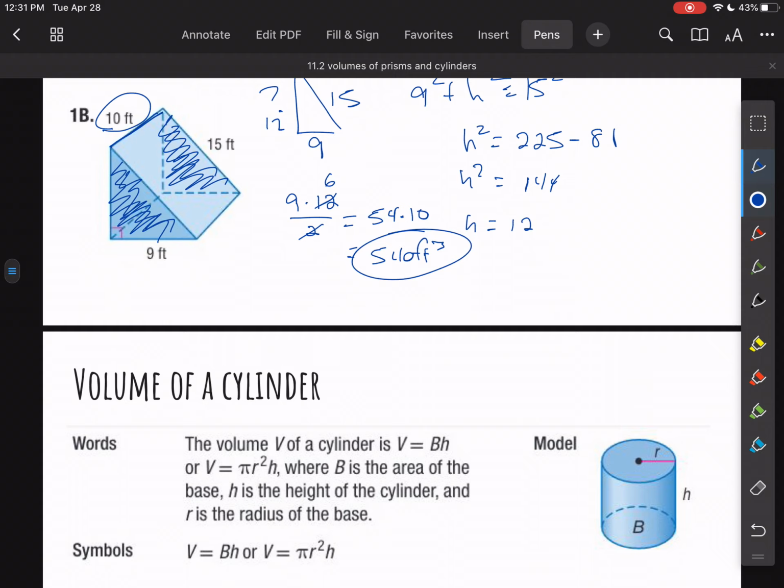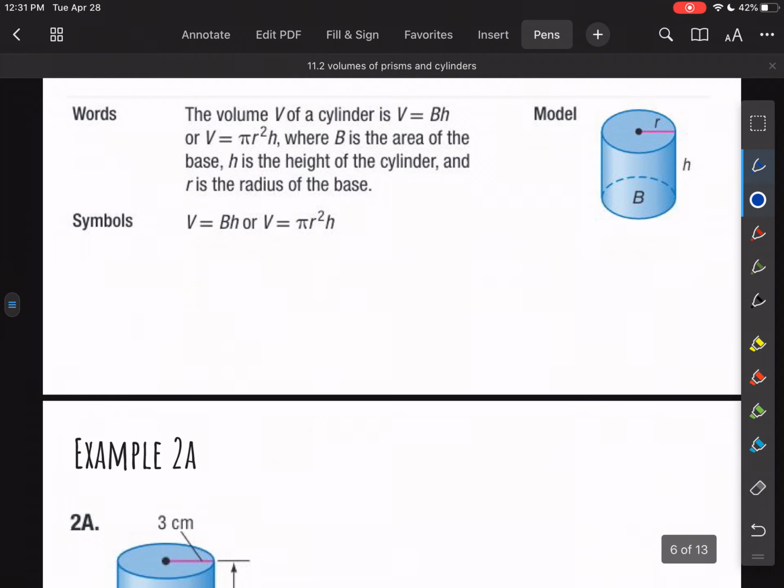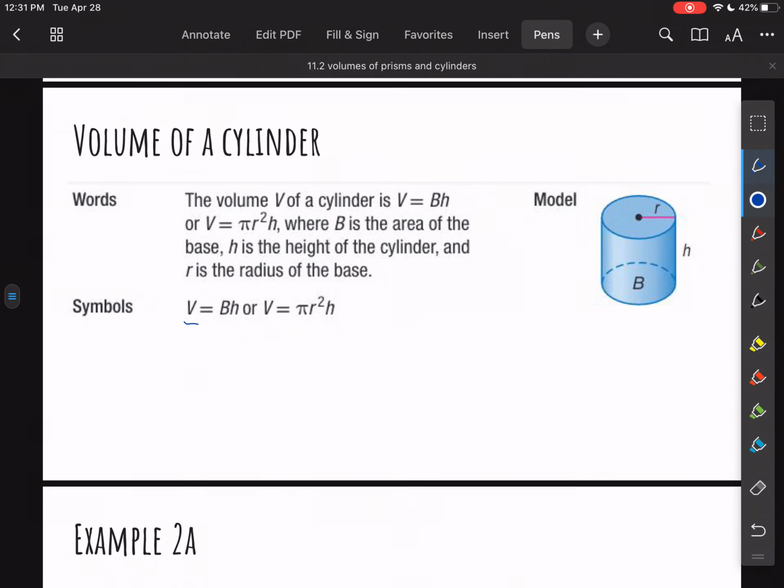All right, so that's example 1B. Moving on, guys, we're going to look at cylinders as well. Now, cylinders, there's nothing different. And I don't know why they even made this a different deal. It's still base times height, but now the base is given by the